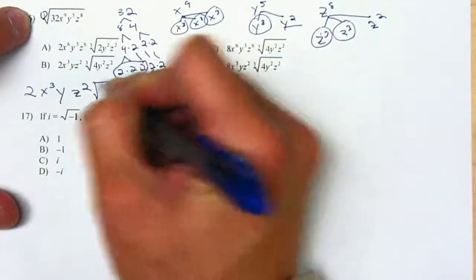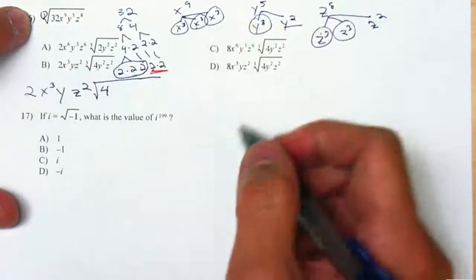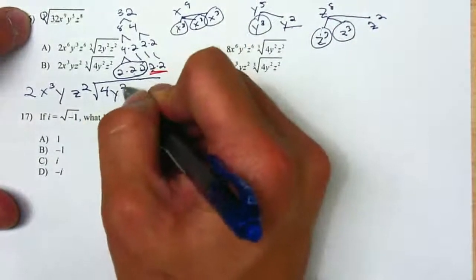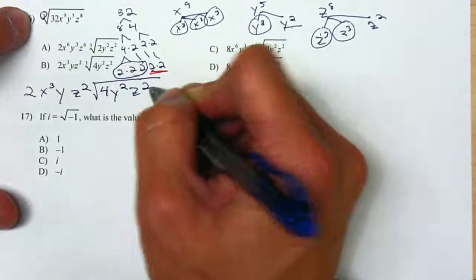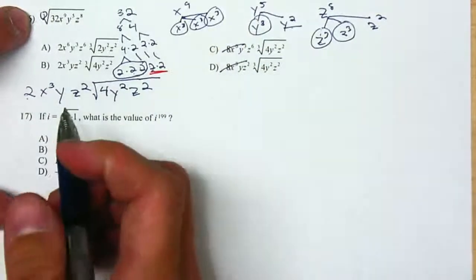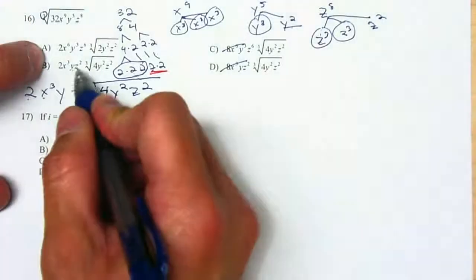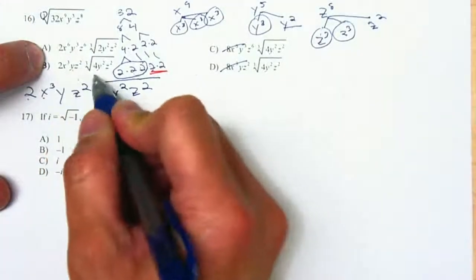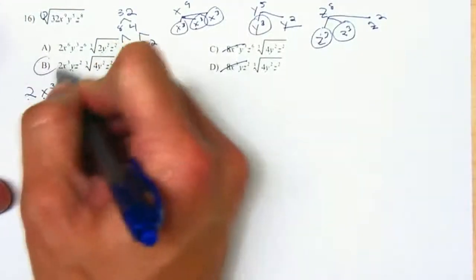So here I have a 2 times 2, which is a 4. No x's on the inside. We have a y squared and a z squared. So first it starts with a 2, so it can't be these. It has an x to the third, y z squared, and then the cube root of 4 y squared z squared on the inside. So the answer is